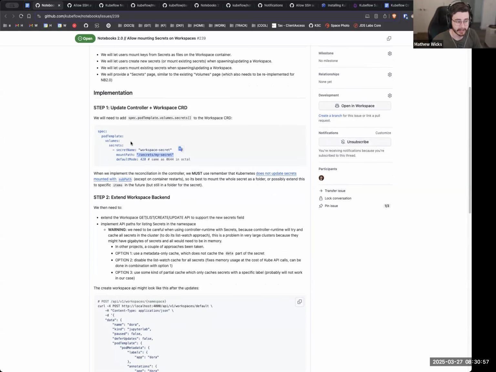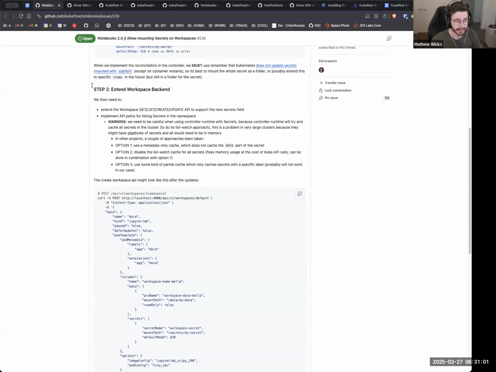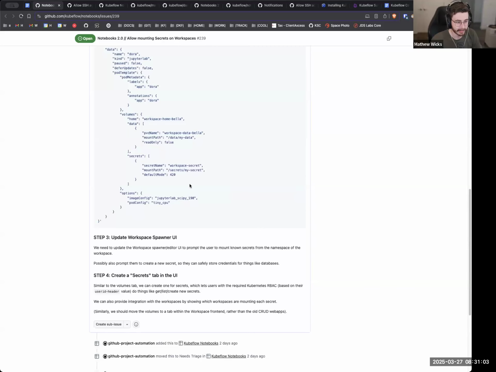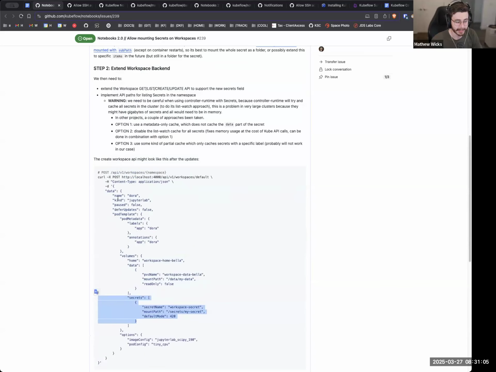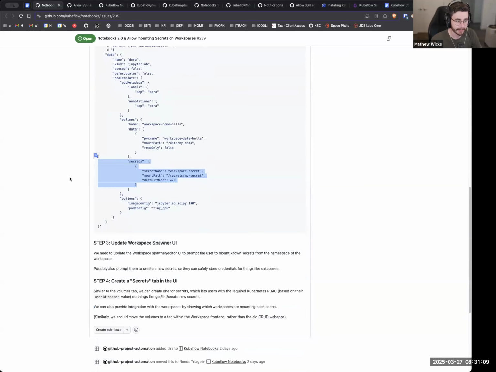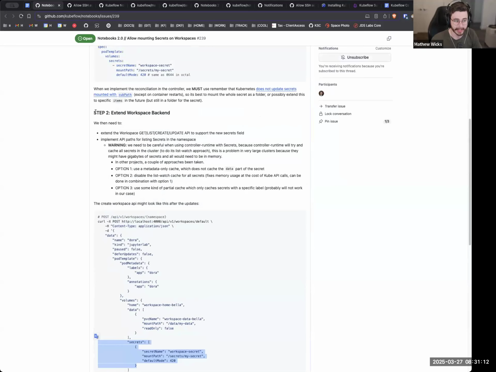So the steps to implement, in my mind, are update the CRD. I've already made the PR to do that. Update the backend to obviously add the secrets section to the update and get payloads. Then this is actually a bit more complicated than it might look, because as soon as you start interacting through the cluster